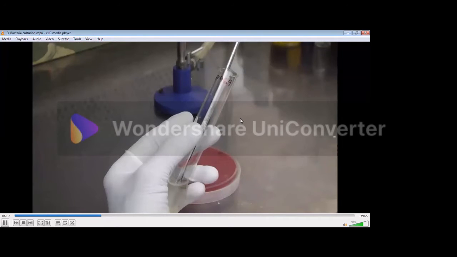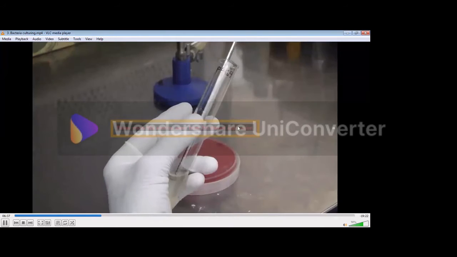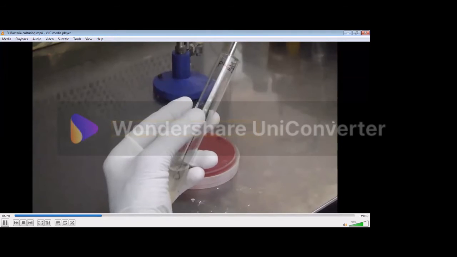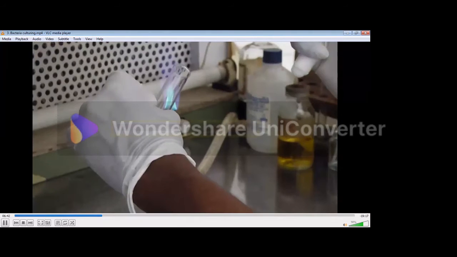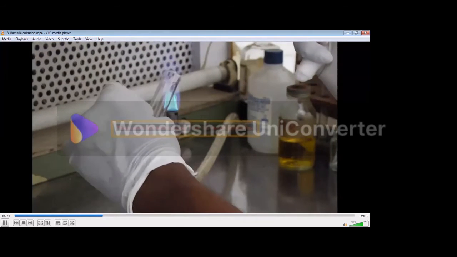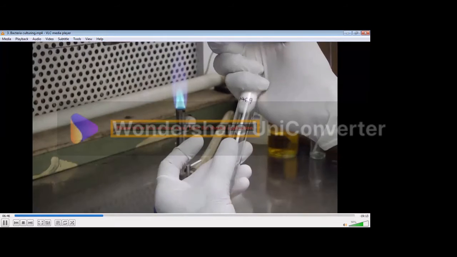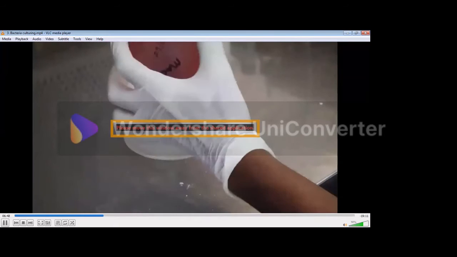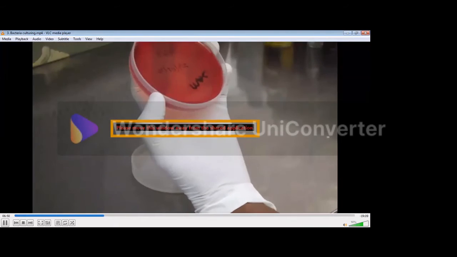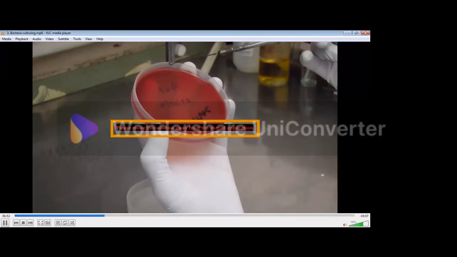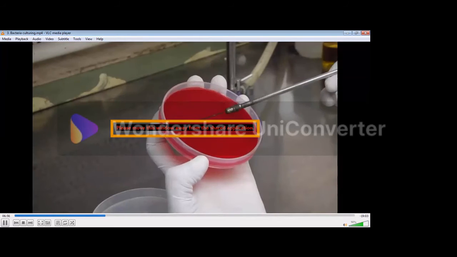Load the inoculum onto a sterilized wire loop. Flame the neck of the bottle or test tube and replace the cap or plug. Lift the base of the plate containing the medium in your left hand and hold it using your thumb and middle finger. Spread the inoculum thoroughly over area A.